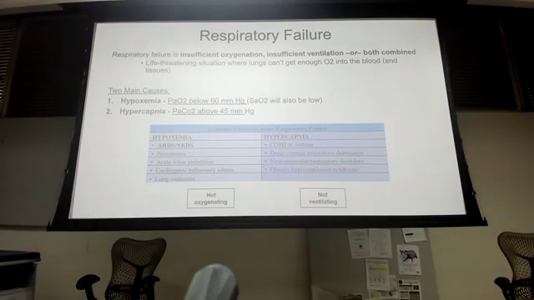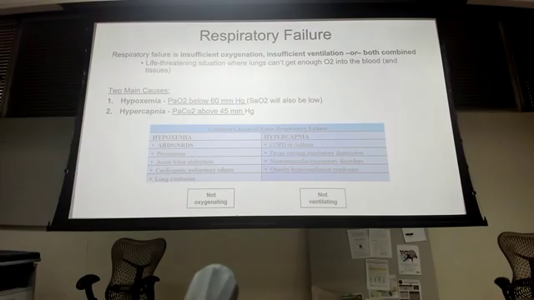We talk about respiratory failure, pretty straightforward. It's oxygenation and ventilation, right? Either they're hypoxic because they're not oxygenating. That can be due to a number of things. That could be lack of oxygen, it could be the inability to use oxygen, it could be a physiological component where alveoli are damaged or not functioning.